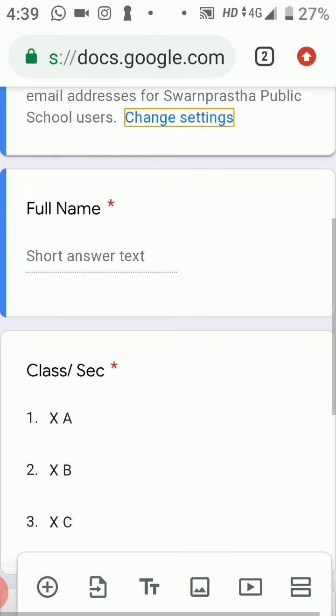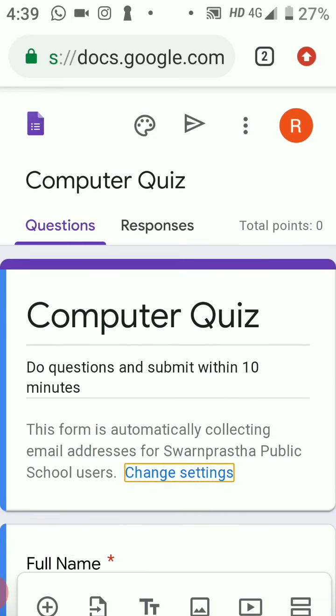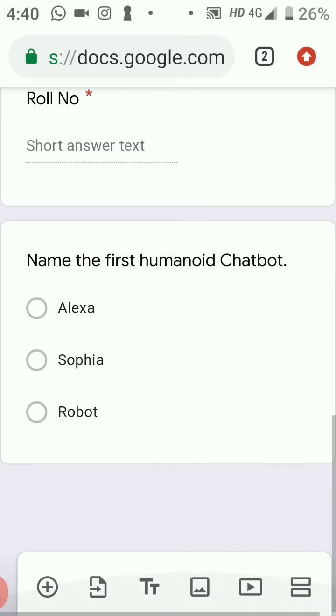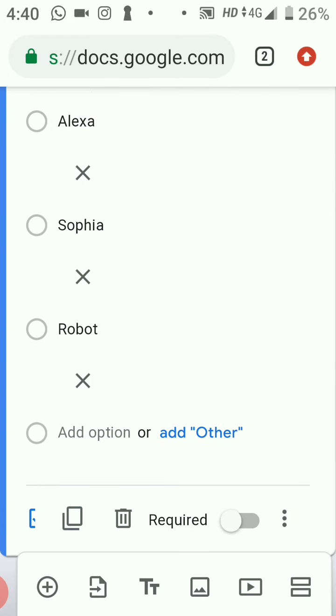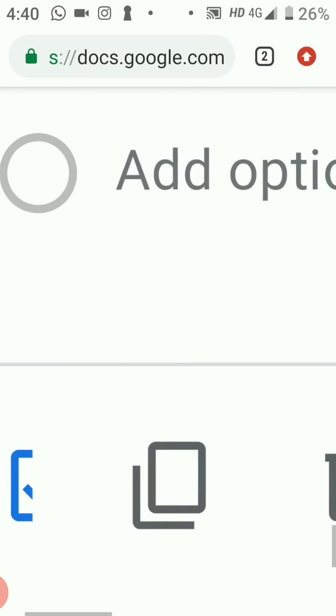Now I will add the answers. How to add the answers? I'll check the questions here. Some buttons are hidden. Zoom in and click on this blue button.